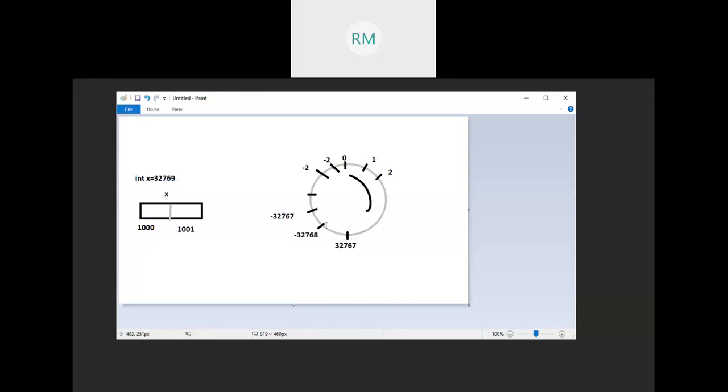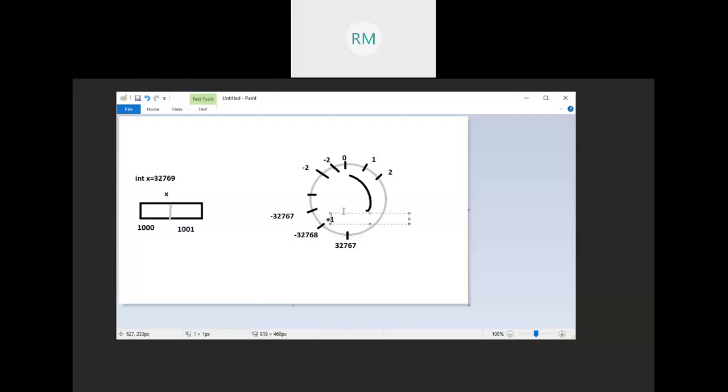That means 32,768 is equivalent to -32,768. But there is no error. The compiler jumps from positive to negative, or negative to positive, if the value exceeds the range.